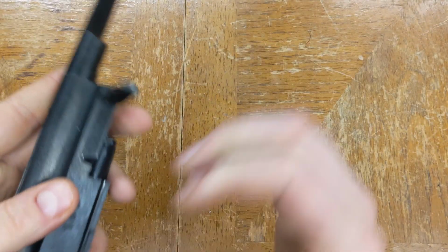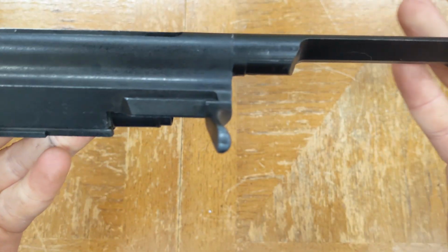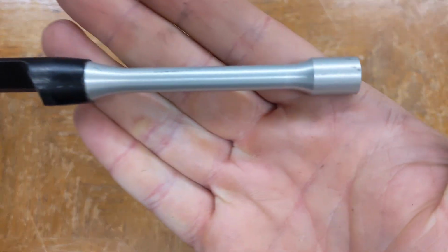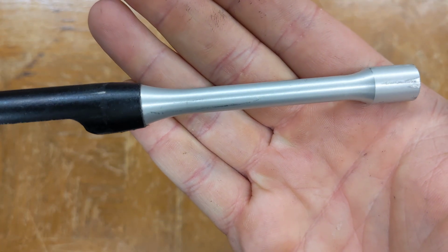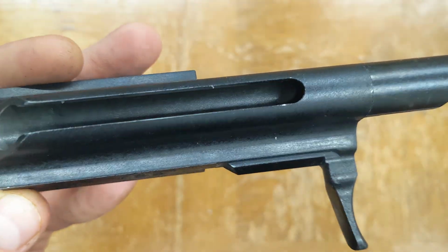The entire bolt carrier weighs 315 grams, comparable to the total reciprocating mass of a GHK or VFC AR, and includes the mock gas piston, which is aluminum, not zinc alloy, and left unpainted. The carrier is a bit longer than a real one to accommodate the nozzle, as is typical for gas blowback AKs,